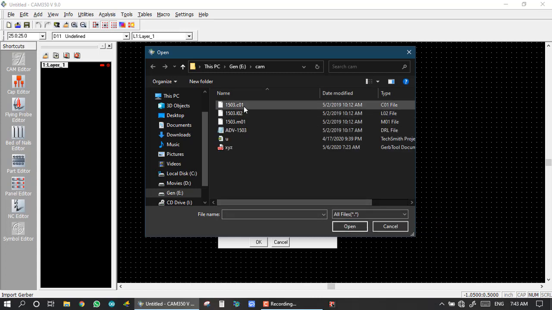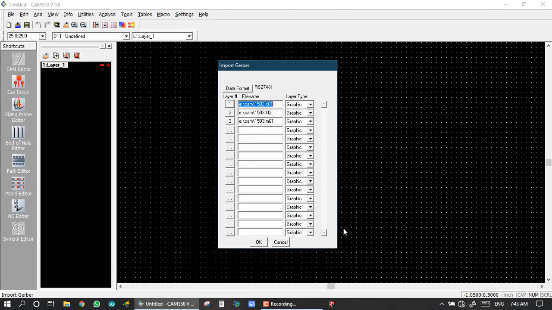So I select the first, second and third, so I select three Gerbers and click on Open. So we set a single Gerber for each single path.